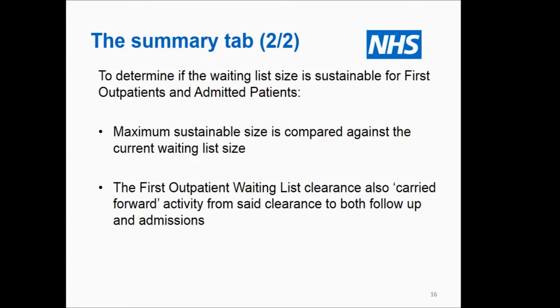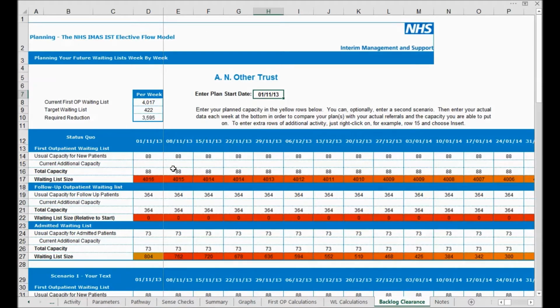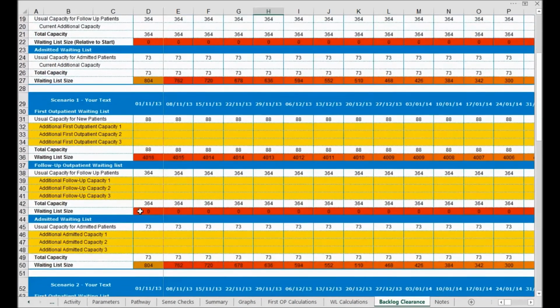Keith is now going to go through the Planning and Graphs tab. The Planning tab allows users to add or take away capacity in the future and see the expected effects on the waiting list. This covers first, follow-up, outpatients, and inpatients. This allows for scenario planning to, for example, see the effect of waiting list initiatives, or to proactively plan around